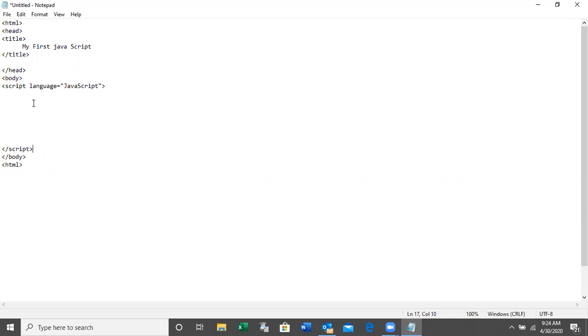Language equals JavaScript. Okay, this is the starting tag of the JavaScript and this is the ending tag of the JavaScript. In between this, we can write the JavaScript, right?